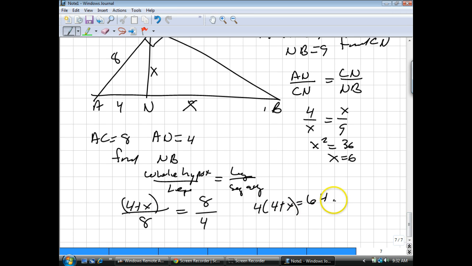So we did 8 times 8 gave us 64. So 16 plus 4x equals 64. So 4x equals 48. So x equals 12. Okay? So this length is